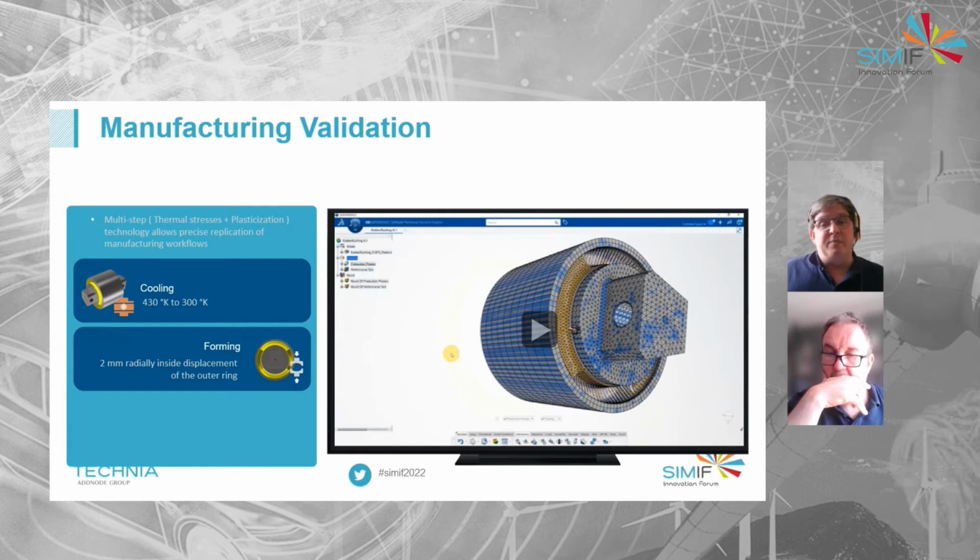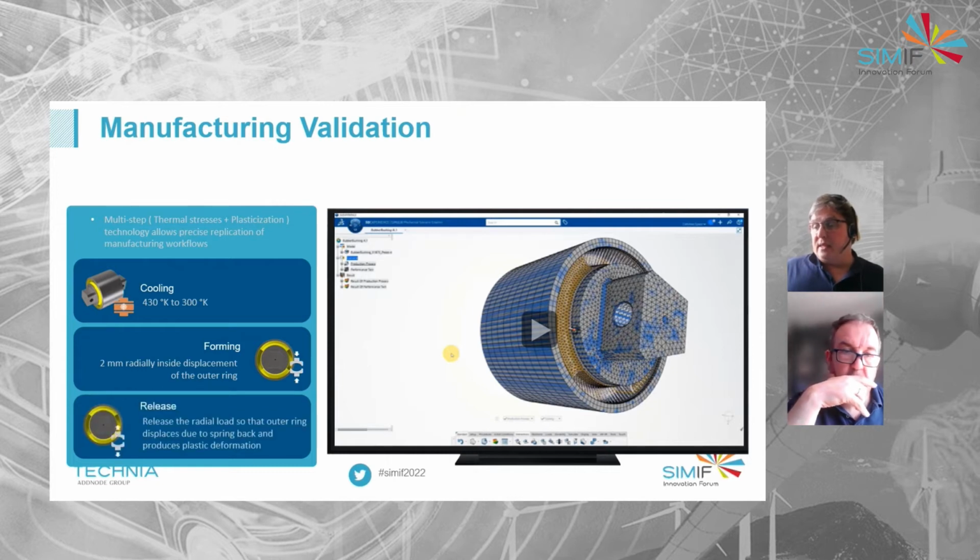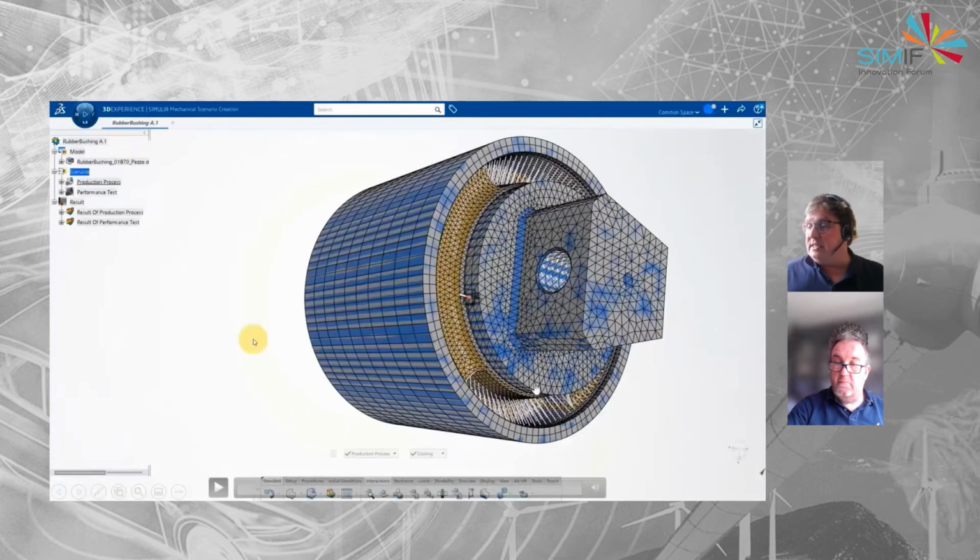After that, we need to set up a process that puts that radial compression in, and then we need to release it, and we need to understand what all of that process has done, and that then gives us a good starting point to be able to work through on the rest of our performance simulations. So the next bit is setting that up.